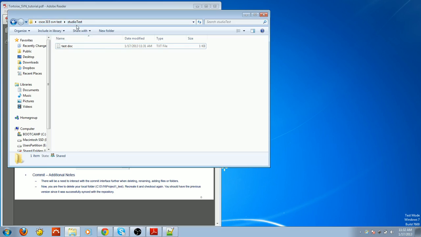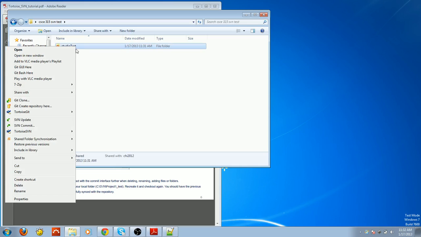It does show the little icons, though sometimes it's really bad about updating them. But you can see the top level directory has this exclamation point, which means that there are changes. So if I go ahead and go to SVN commit